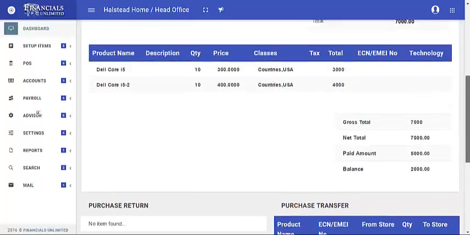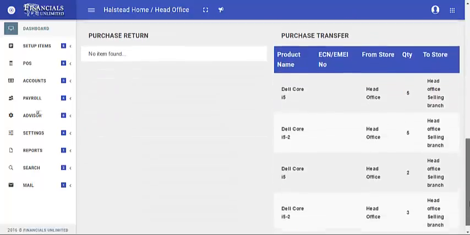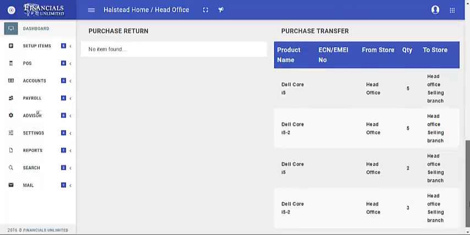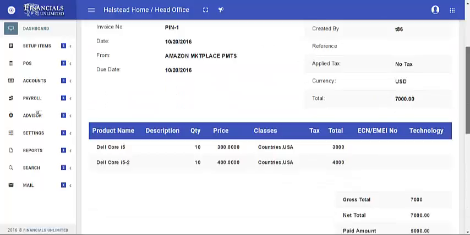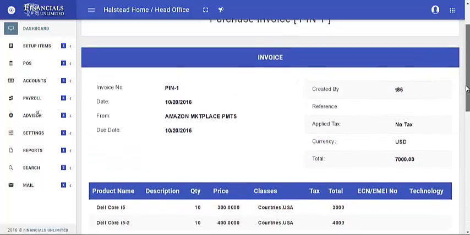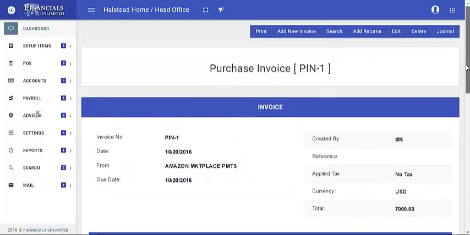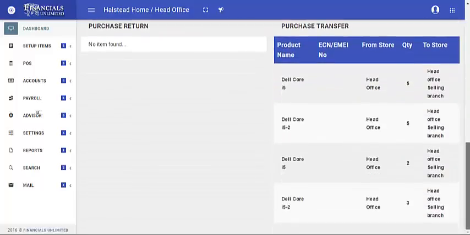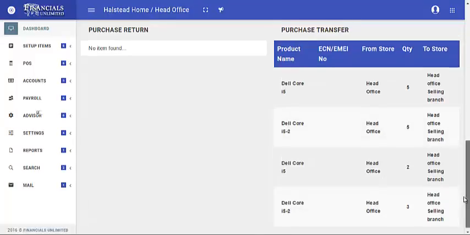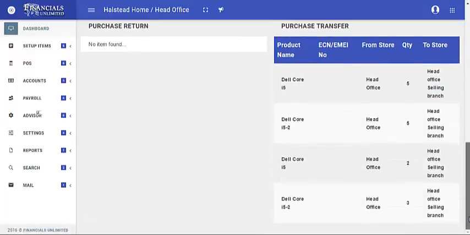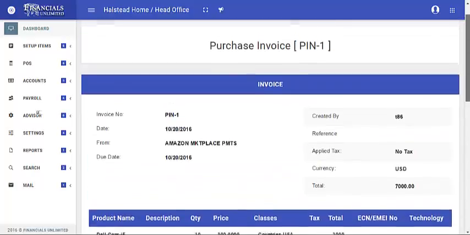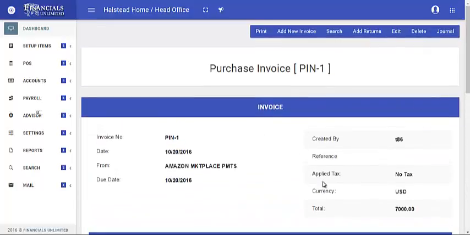It shows what quantity would be left. If you want to see the remaining quantity, I have already shown that, but if you want to see which invoice has been transferred, and what product related to each invoice has been transferred, you can check from here. You can see the whole history of the transfer for this particular invoice or any other invoice. Hopefully you understood how purchase works in POS, and how it tracks transfers from head office to store.